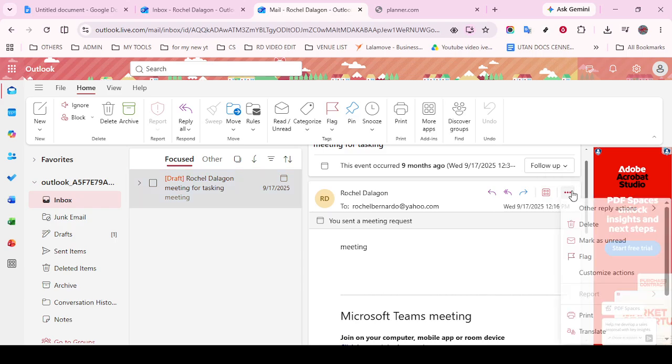Outlook will then generate links for that calendar. After the publishing process is complete, look for the HTML link provided. This is the link you'll use if you want